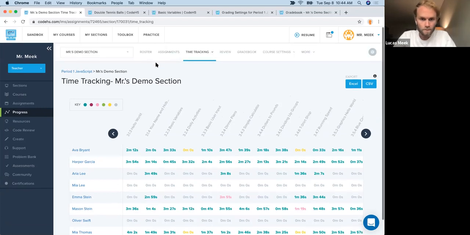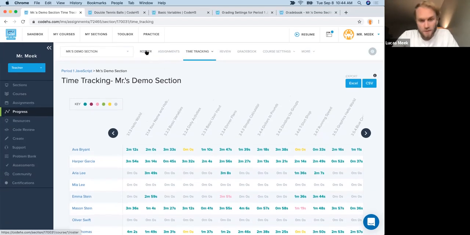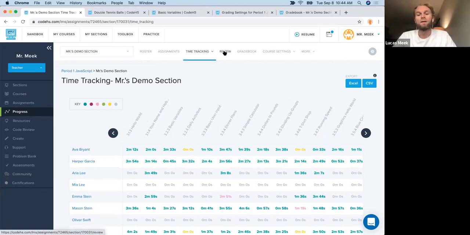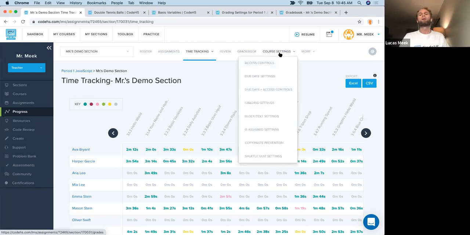So we have now touched on the roster page where you can see each student, the assignments page where you can customize that curriculum, the progress tab where you can look at students' progress throughout the day or week, the review tab where you actually go to grade student work, the gradebook tab where you can go to customize that gradebook, you can do grading, you can filter and maneuver that gradebook to better fit your needs, and then course